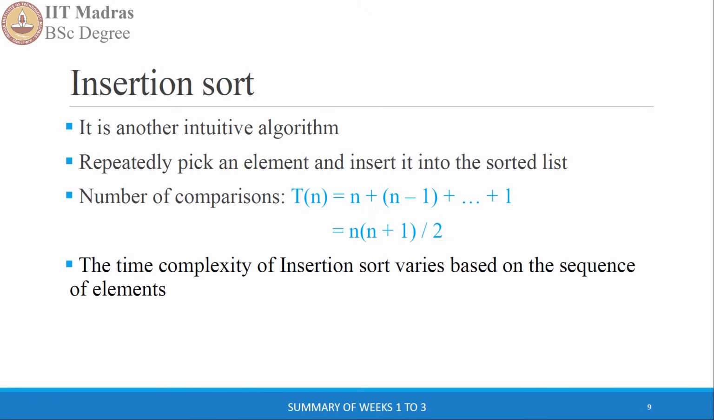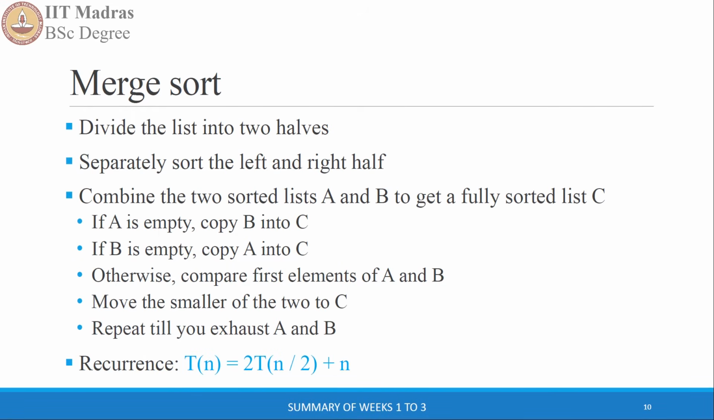After these two iterative algorithms, the next one is a recursive one, and it is referred to as merge sort. Merge sort divides the list into two halves. After that, it separately sorts the left and right half. And we repeat this process till we have a singleton list. And once we have all these sorted sublists, then we start this process of combining two lists into a fully